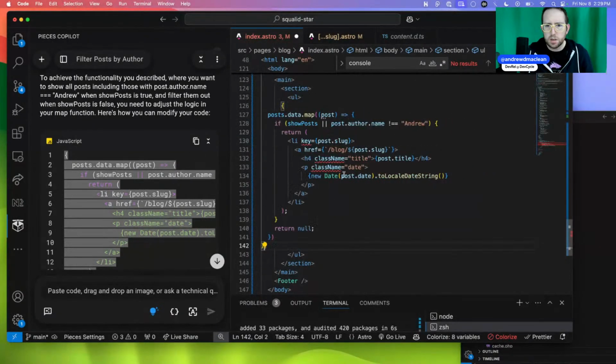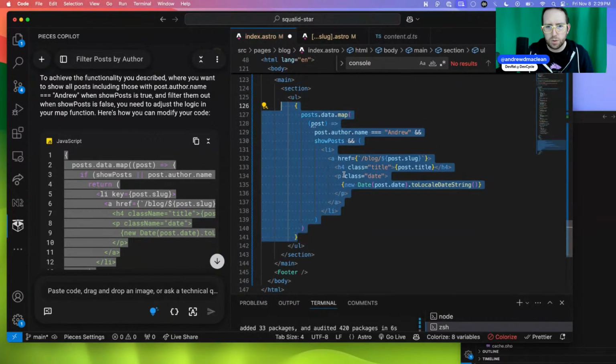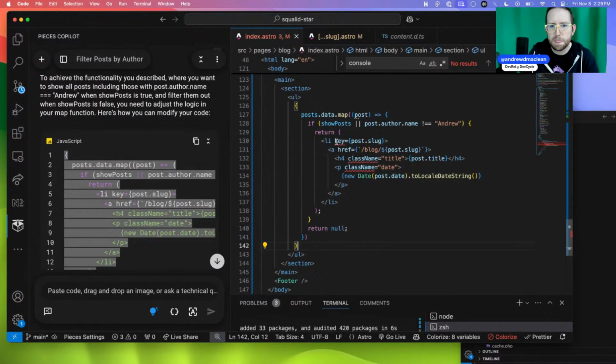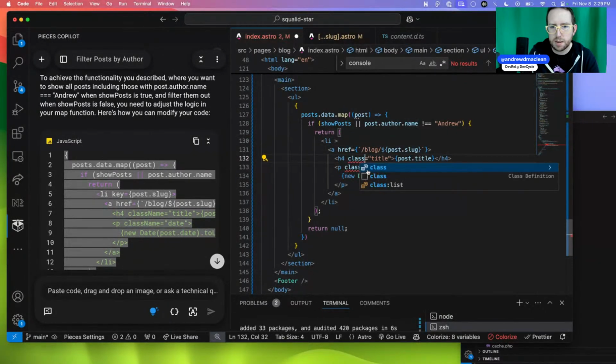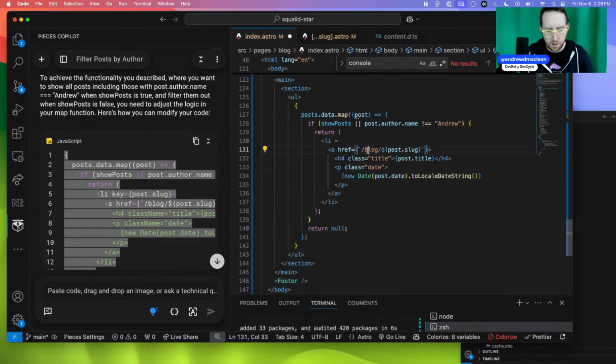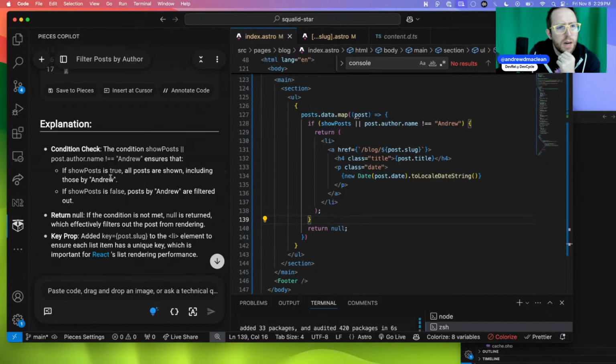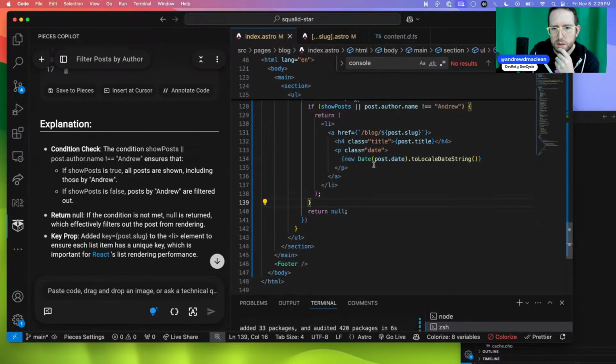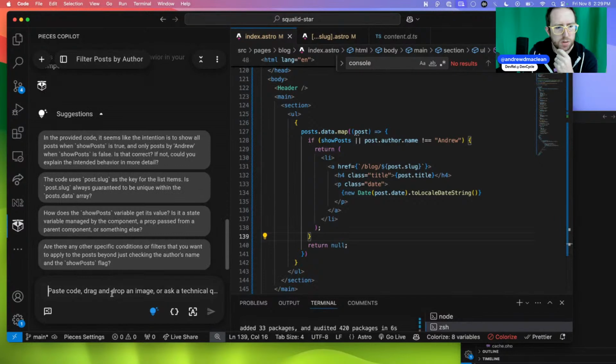Oh, no, because I don't need the class name or the key. Yeah, I don't need the key, and I don't need the class name. All right, so what we're doing here is if show posts is true and post author name does not equal Andrew, return this, otherwise return nothing. Oh no. Sure, if show posts is true, all posts are shown, including those by Andrew. If false, posts by Andrew are filtered out. No, so this returns nothing